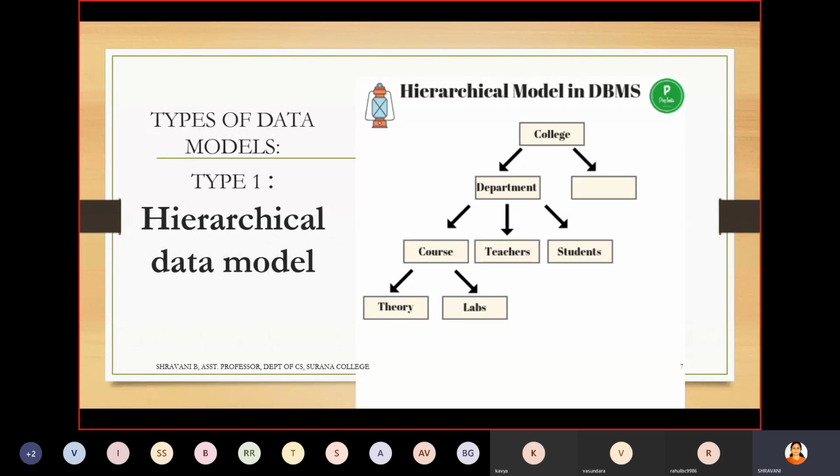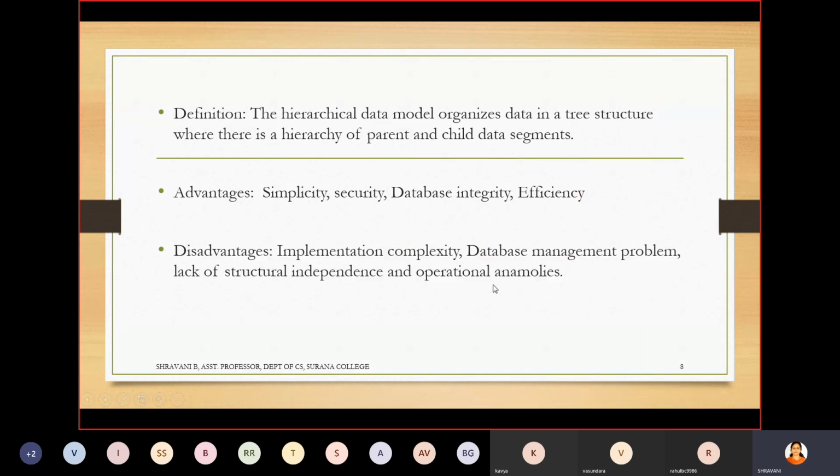So the course should be updated from 2 children to 1 child. If theory is not there at all, nobody can use that particular database, and all these problems are called anomalies. This is the operational anomalies. So what operations will you be using? Delete operation, insert operation, update operation, and so on. So these are the disadvantages of the hierarchical model.